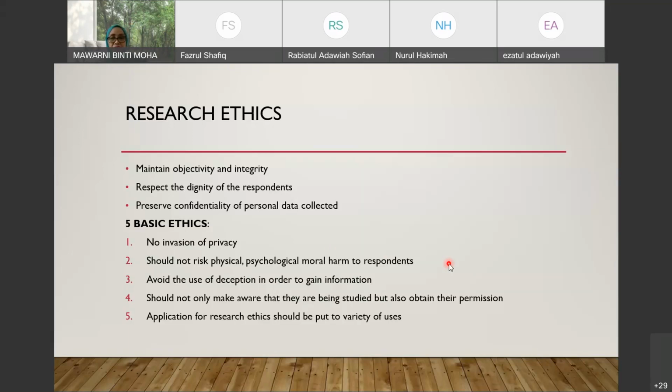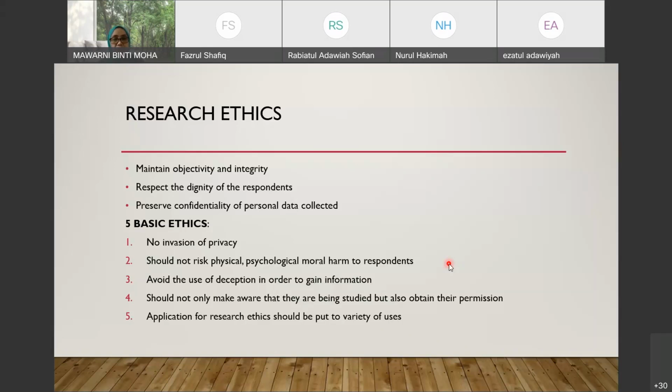All right, so you need them to do certain things and you have to make sure whether it is okay or not, and you get permission from the parents. That's for minors. If they are below 12 years old, then there is another form that you need to fill in for the ethic approval. And you should not only make them aware that they are being studied, but also obtain their permission. Say you want to do observation. You can't just simply observe one particular group secretly. Later people will think you are some kind of pervert, watching them, that is dangerous.